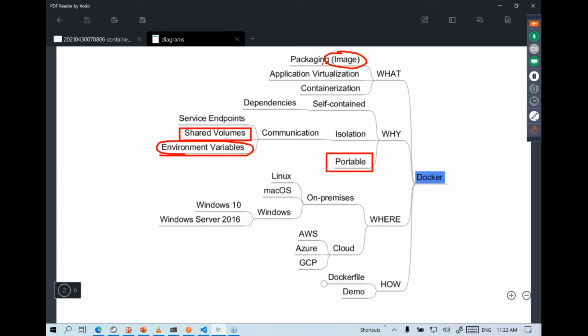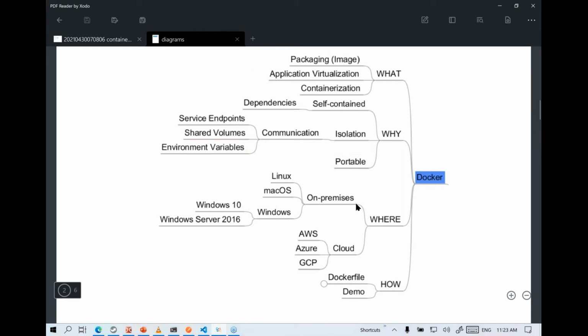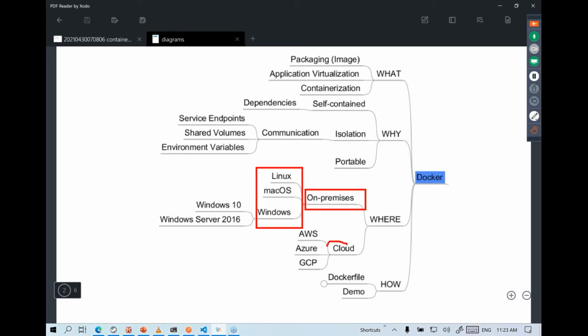In this session, we will mostly focus on how to deploy it to Azure Kubernetes Service, an AKS-based cluster, but you can choose to deploy it to, let's say, an app service on Azure if you want. And Docker runs everywhere. It can be used in your on-prem environment, on pretty much any major operating system, or on any cloud platform as well. Here we'll focus on Azure. In order to use Docker, you need to make sure that you install the Docker service. It's a totally open source, free of cost technology.